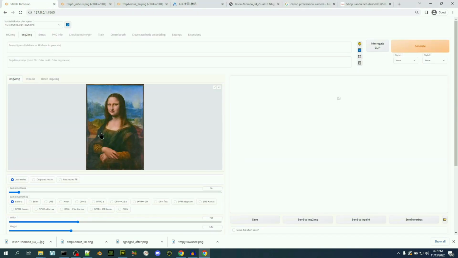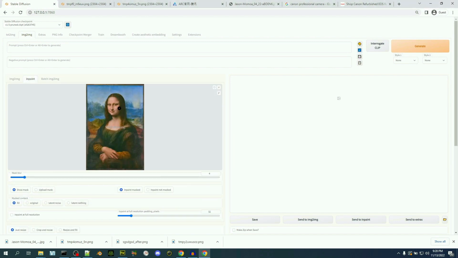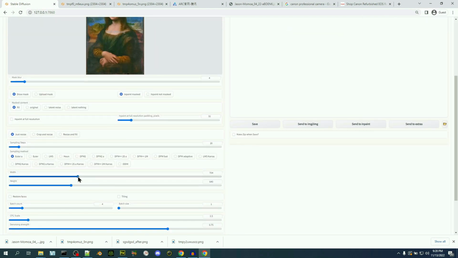All right, so for this next exercise, what we're going to do is actually take the Mona Lisa and, I don't know, maybe make her more interesting. So we've got our Img2Img here, and what we actually want to do is inpaint. So what I want to do for starters is, first I make sure that the height and width are correct. I want this to be a good size render, so I'm going to set it to 832 by